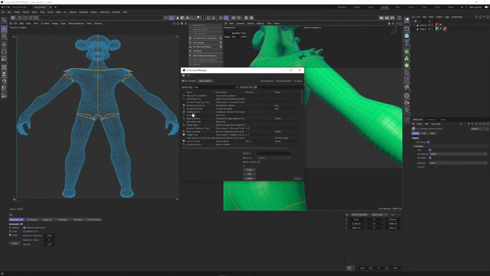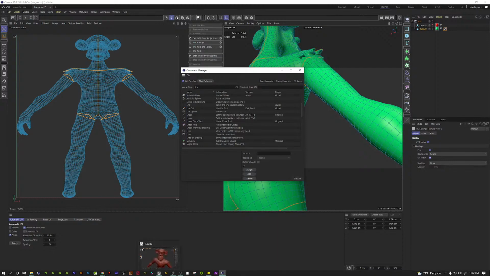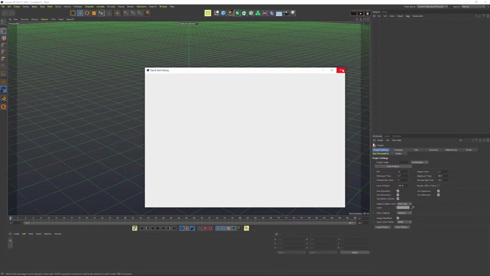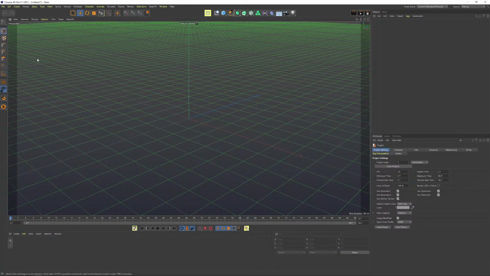Not spline. Convert from spline, empty spline. Gosh, I can't remember what this tool is. I might need to open up my old version of Cinema 4D real quick because it's a tool that I use so often. Hello, welcome. I'm trying to find an old mapping right now of the characters so that we can get some really customized stuff coming for us. So the tool that I use all the time that I'm just totally blanking out on the name,